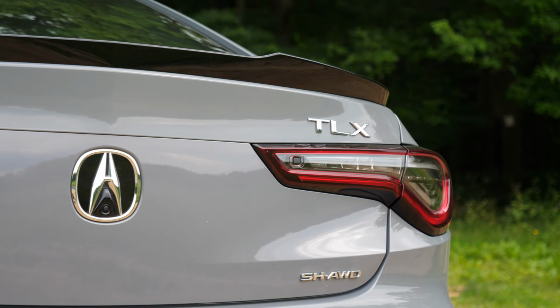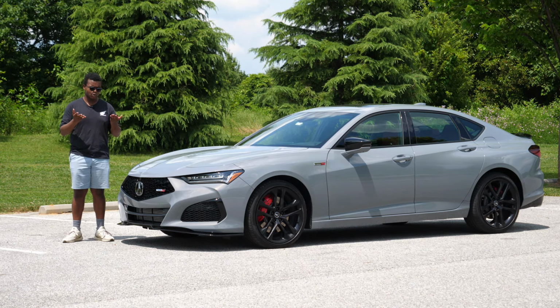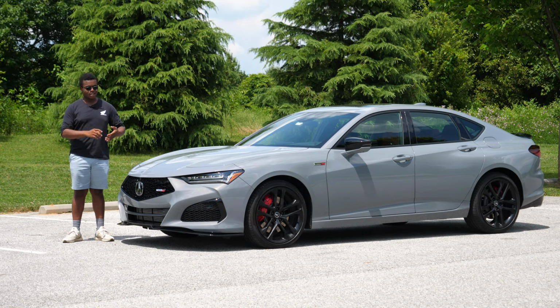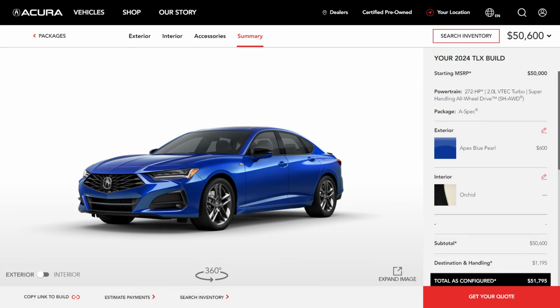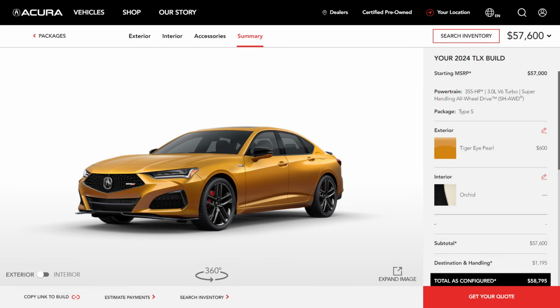You may notice that both Honda and Acura have been simplifying their trim levels in these more recent years. Acura hasn't forgotten about the TLX because now we can only choose from 3 trim levels. We start at the base with the Technology Package, which is actually standard now, for $46,000. Then we move up to the A-Spec for $51,000, and then the Type S like this one for about $58,000,